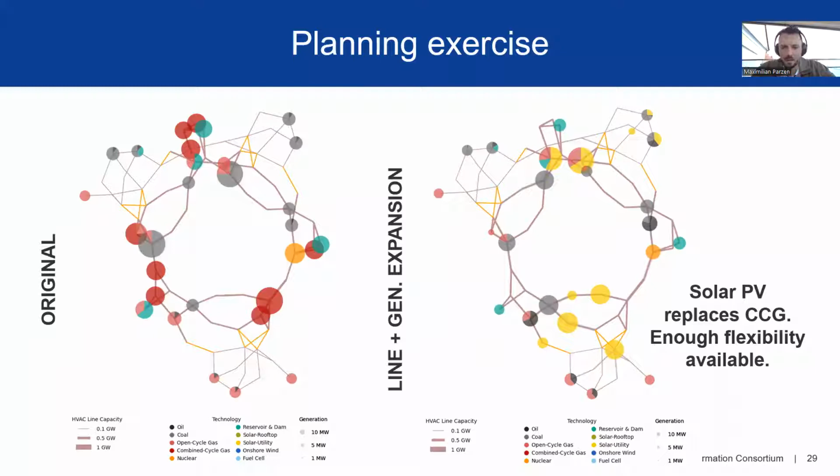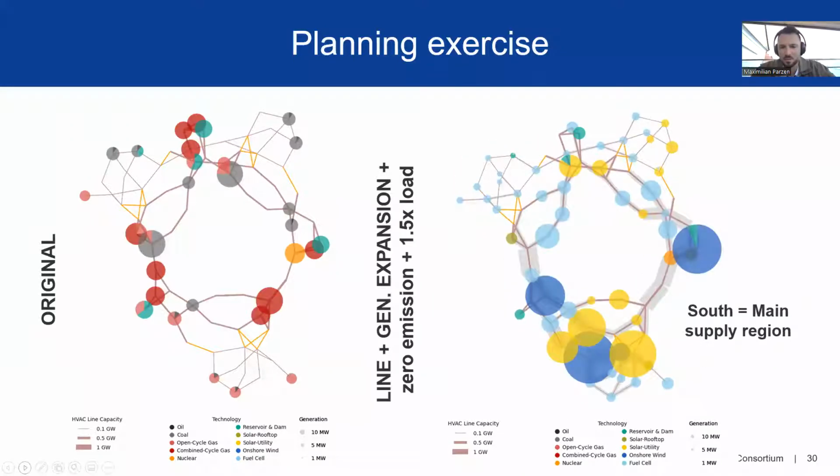Moving to the next slide, I think that was the most drastic scenario with zero emissions, and we had line and generator expansion and a load increase of 1.5 times. And we actually observed that the whole system changed. And I think that might also happen in some parts of the world nowadays. So moving to the next slide,